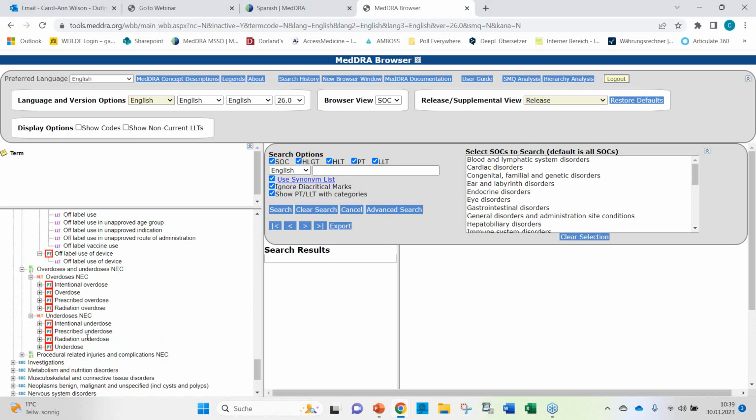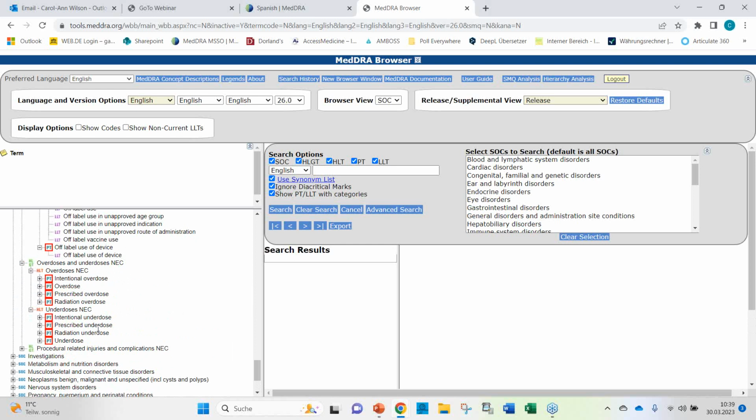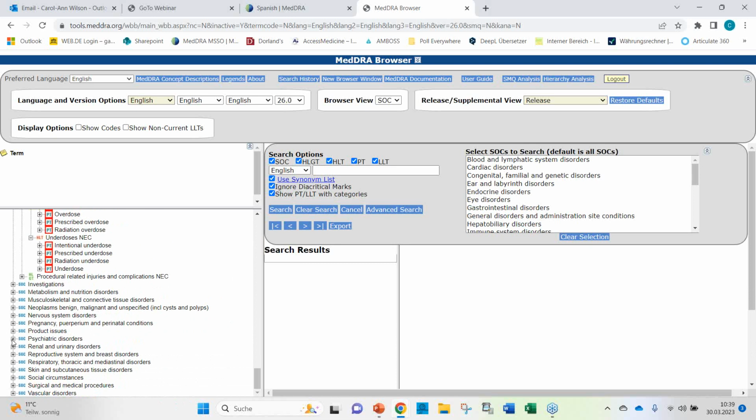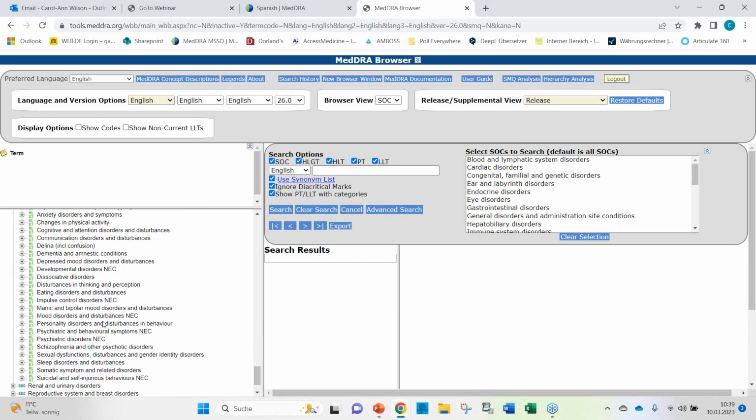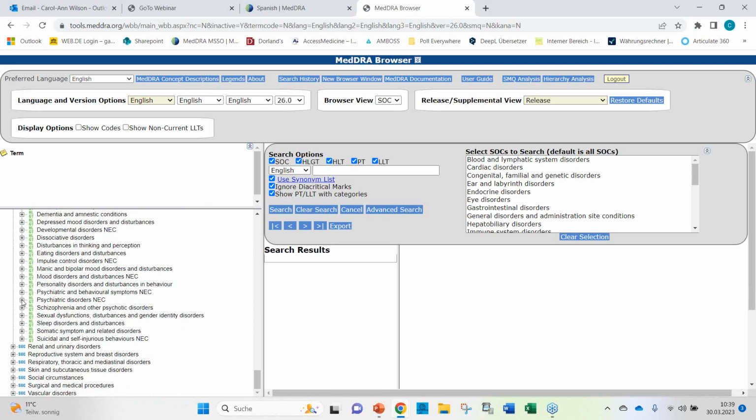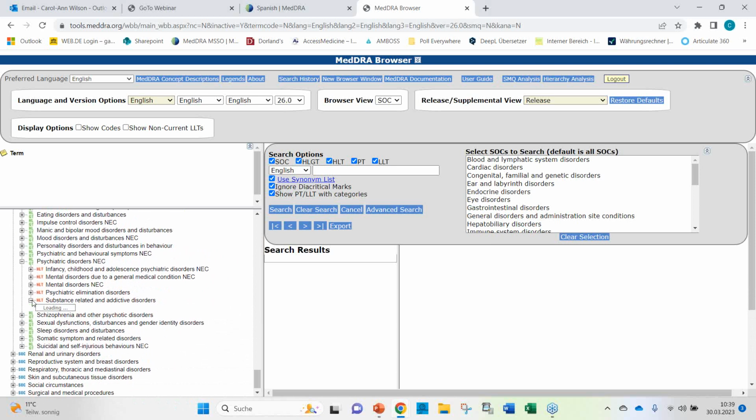Now, what we are missing are the abuse and dependence terms, and these you find in psychiatric disorders. Under HLGT psychiatric disorders NEC, here we have the HLT substance-related and addictive disorders.